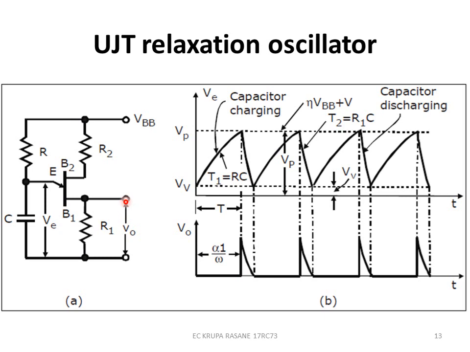So here the gate is connected, and here the cathode of the SCR is connected. The output of the UJT relaxation oscillator is across R1. And how is that voltage across R1 developed? R1 will develop voltage only during the discharging of the capacitor. Hence the output is 0 as long as the capacitor is charging and reaching the value of V peak. After V peak, it will discharge, and at R1, I am going to get this spike. So whenever it discharges, output will be developed. That will act as the train of triggering pulses to the gate of the SCR.